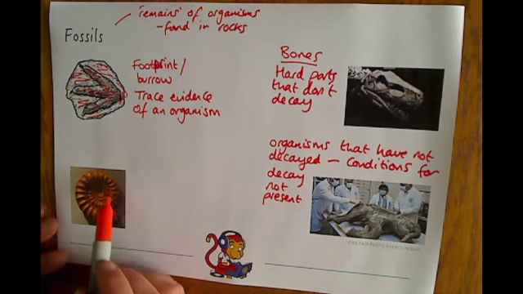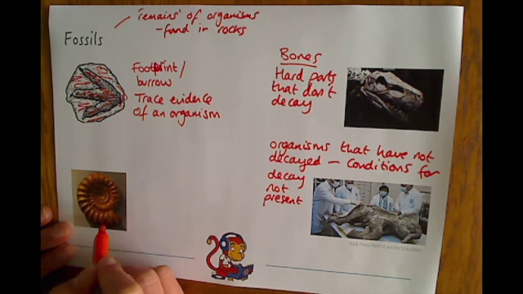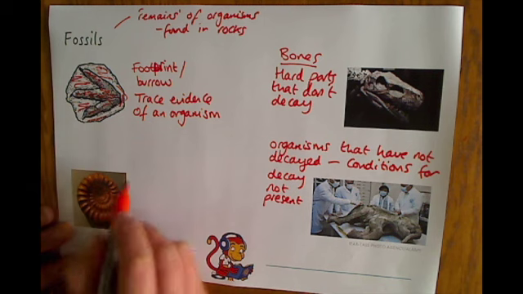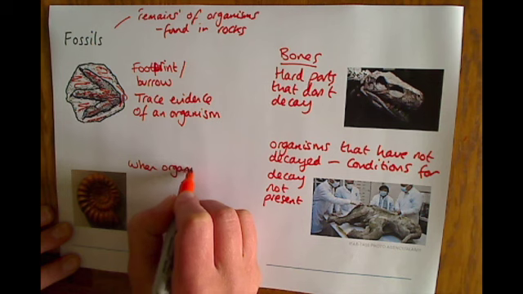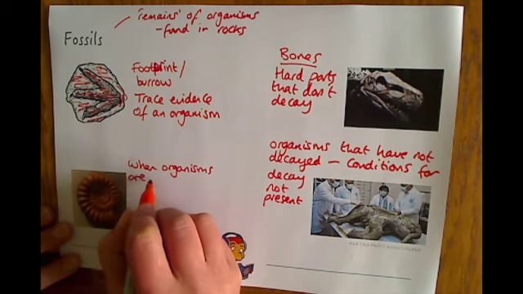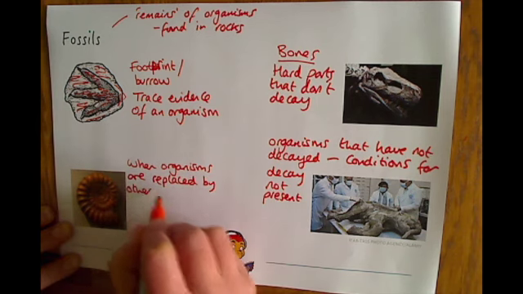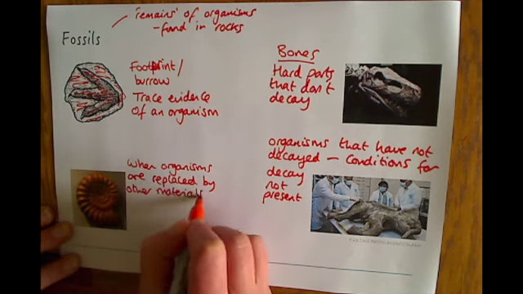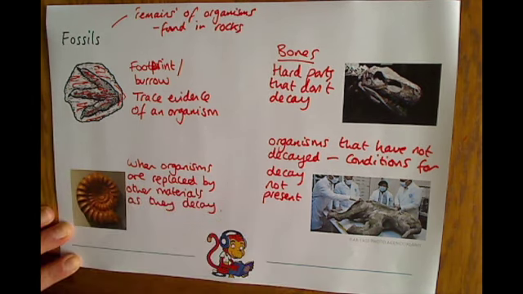Now this is the most complicated process which will end up with a fossil, and this is when an animal decays and that organism is replaced by other materials as they decay. So when organisms or parts of the organisms are replaced by other materials as they decay. And this happens quite a lot with marine animals. For example, if this